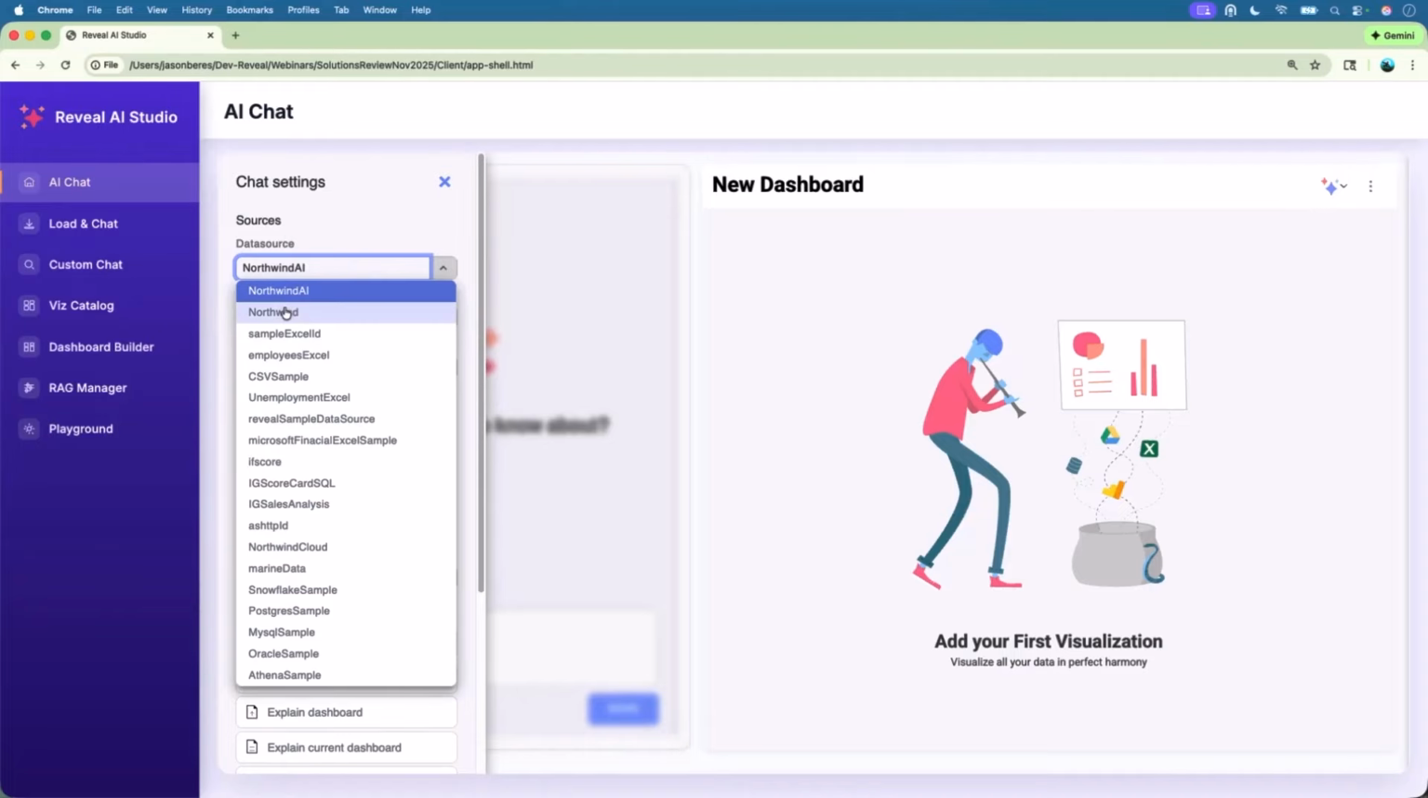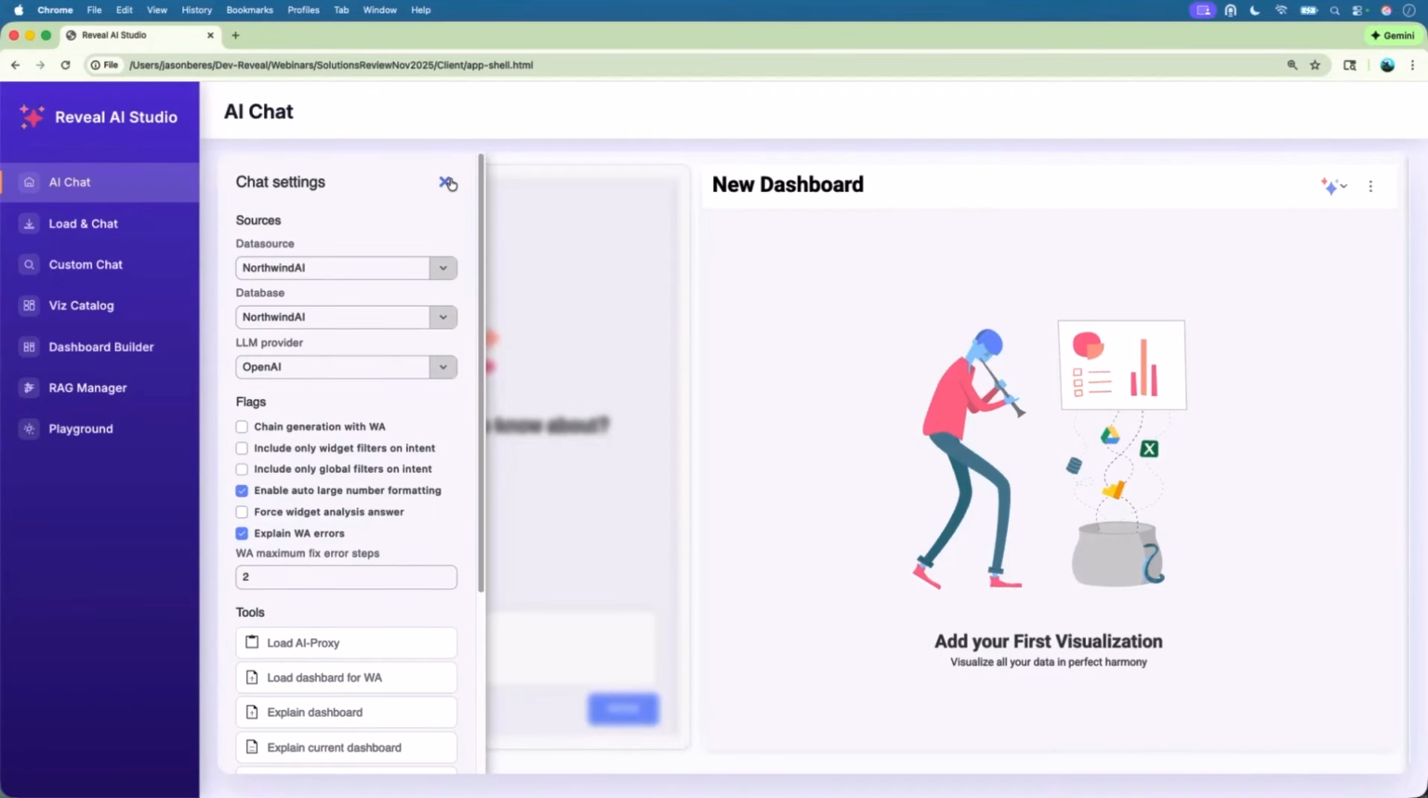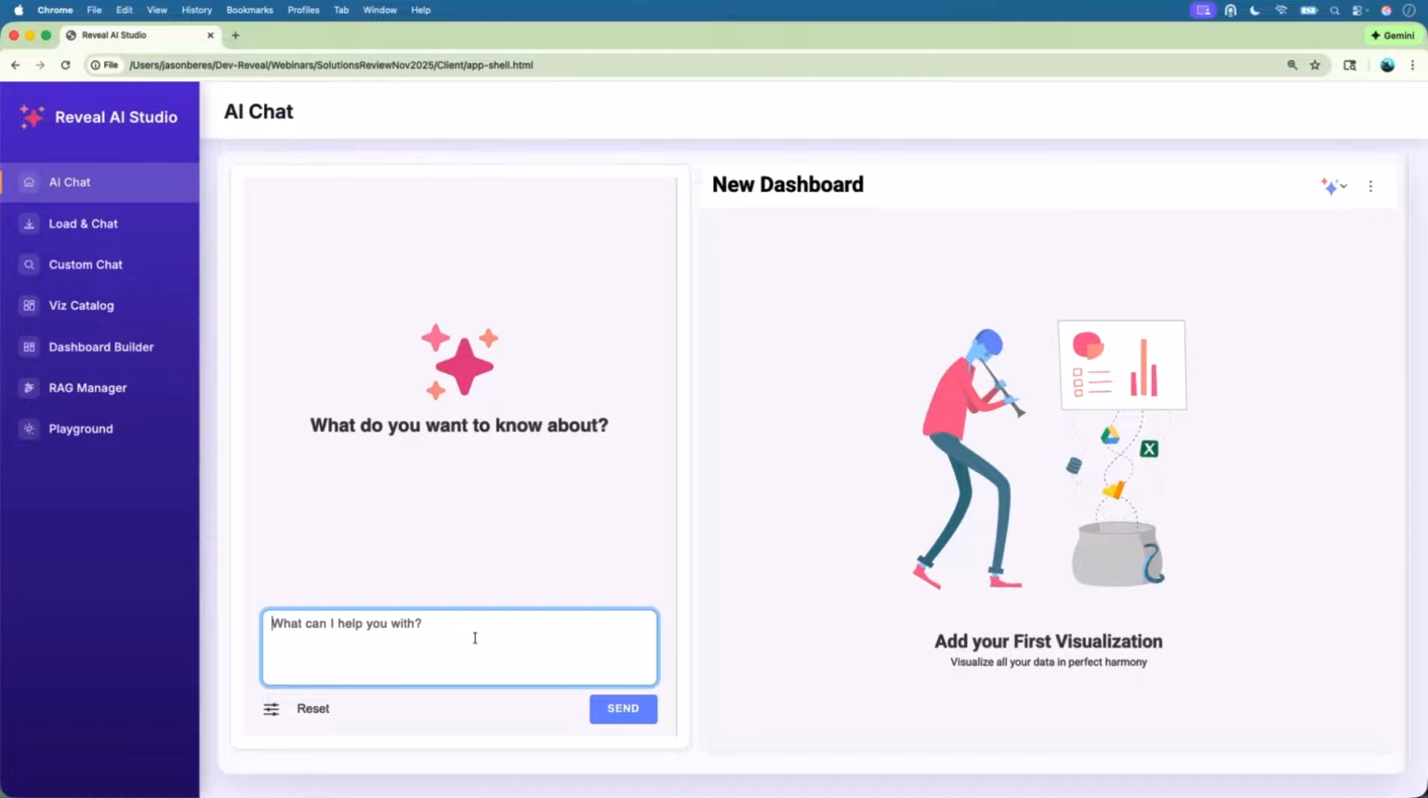And the difference between Northwind AI and Northwind Cloud is literally nothing. They're all just different Northwind databases on different servers. But let's do something unique. So at my business, Acme Analytics, let's say,